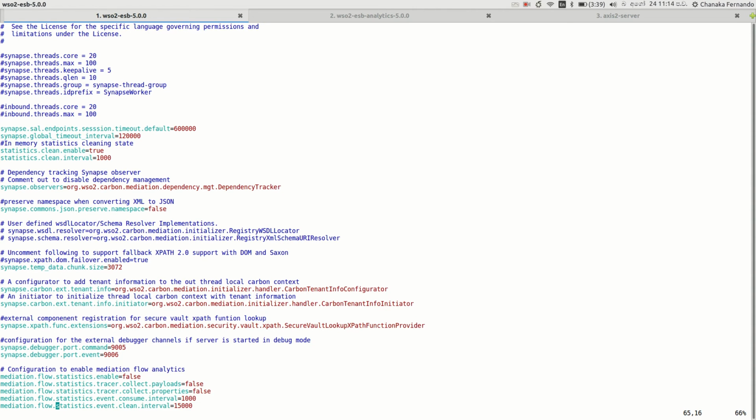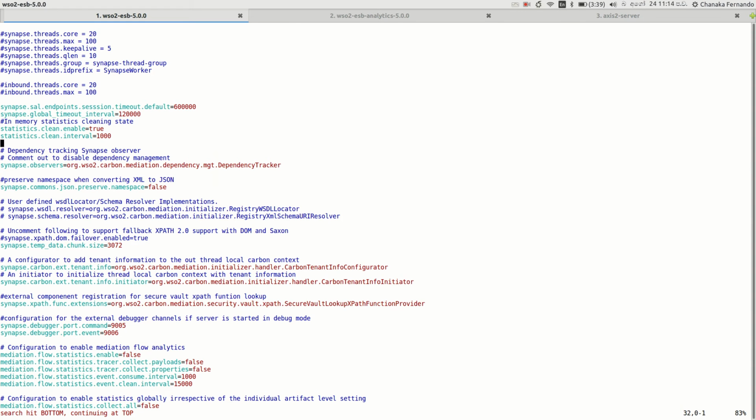Here you can see we have the mediation flow statistics enable parameter, make it true, and also you can enable the payload collection from this parameter, and also you can enable properties collection by enabling this particular parameter, and also you can enable the statistics collect all parameter, which will make sure that it will collect statistics for all the artifacts irrespective of whether you enable it at the artifact level or not.